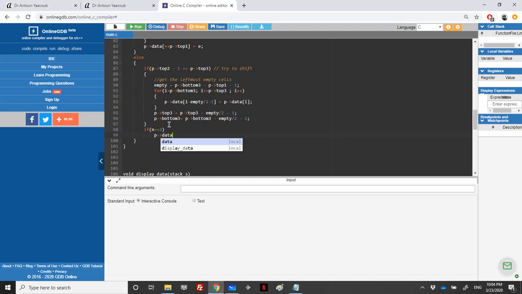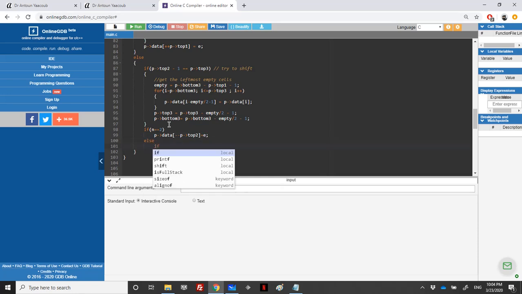So P arrow data minus P arrow top 2 equal to E, and else,